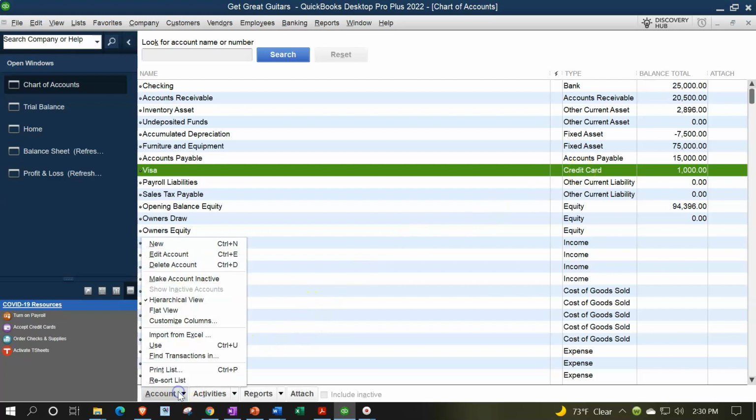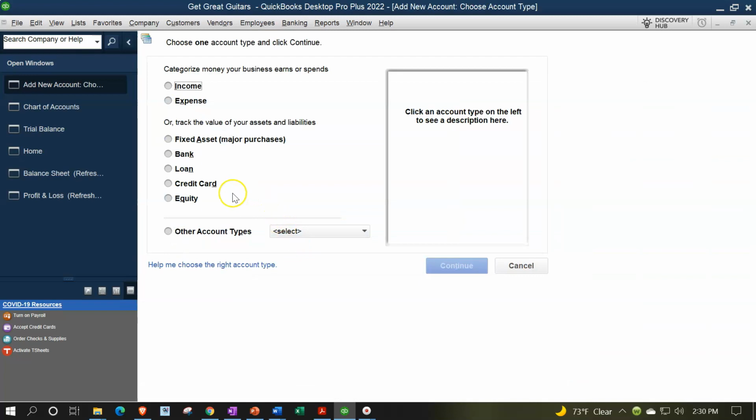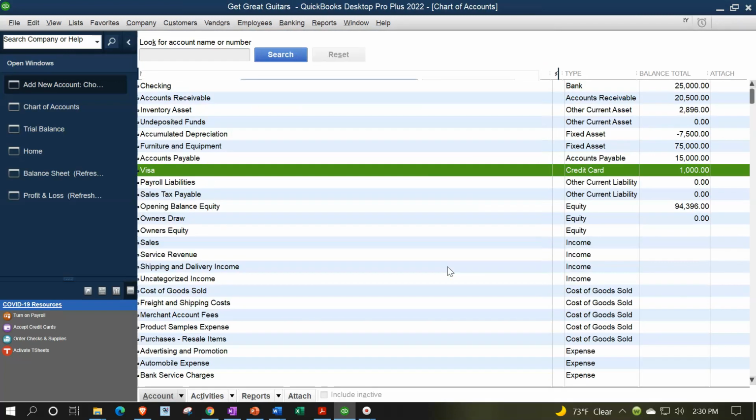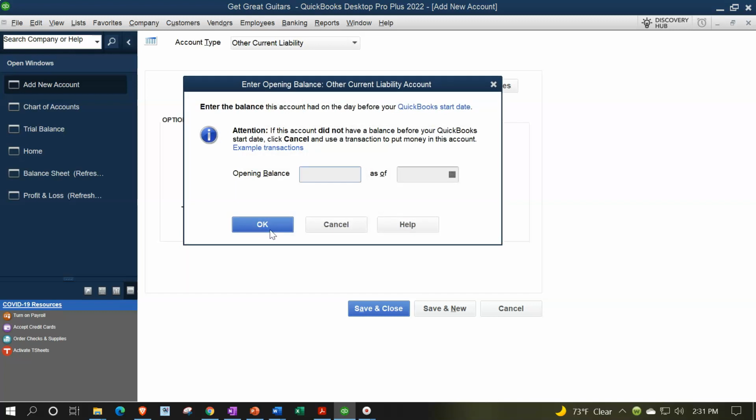We'll make it. Accounts, rise up, new account. And this is going to be a loan type of account, we'll call it. And I'm going to say continue on that loan type of account. And then it's an other current liability. So other current liability loan type of account. And I'm just going to call it loan payable, and then enter that beginning balance,